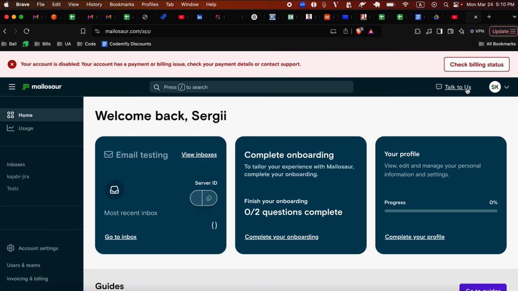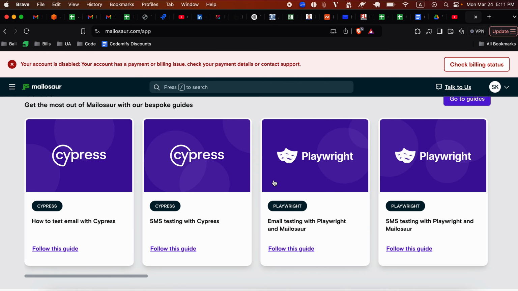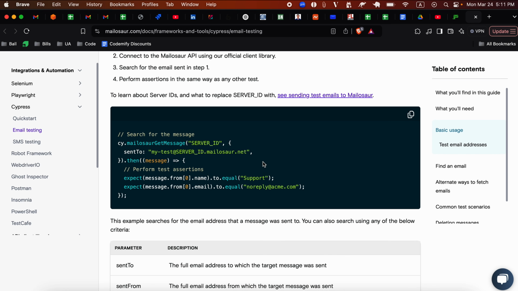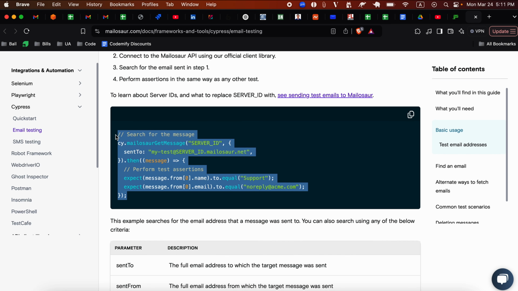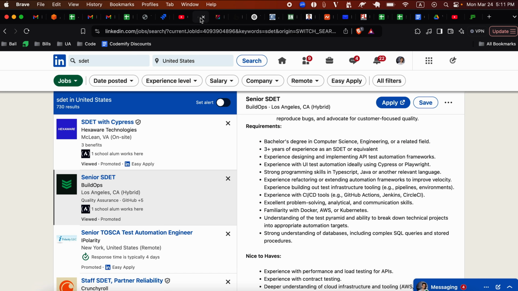And let's see, there should be an instruction on how to set up from scratch. There we go. If you're using Cypress, click here. You can get your emails automated within seconds. SMS testing within seconds. Let me just click on it and show it to you guys so you could see how easy it is. Boom. Register, copy, paste, replace the server ID and the address, done deal. So that's how easy it is to